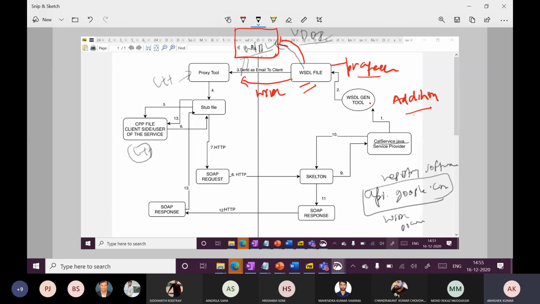So the C++ proxy tool will create stub objects. What it will do is convert the structure. Means if I have the